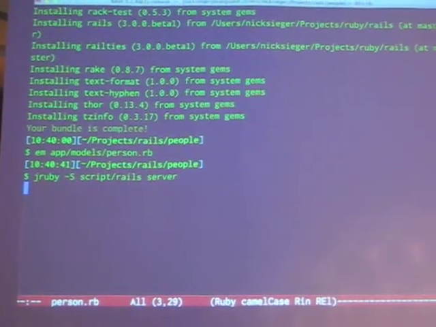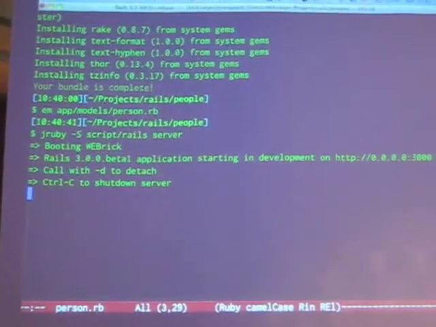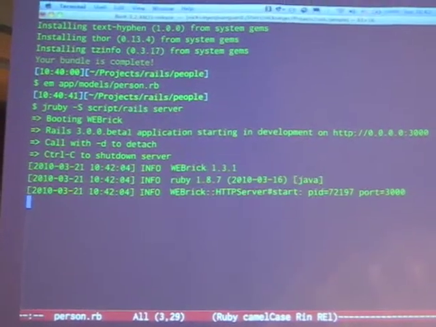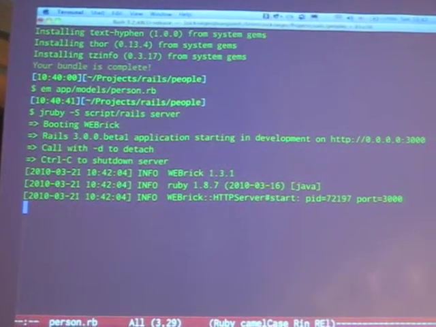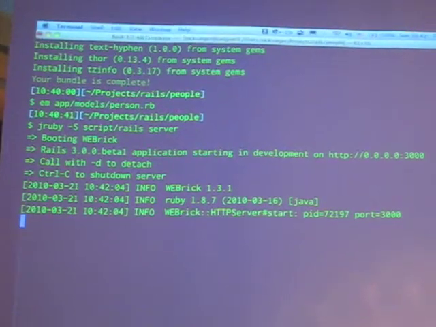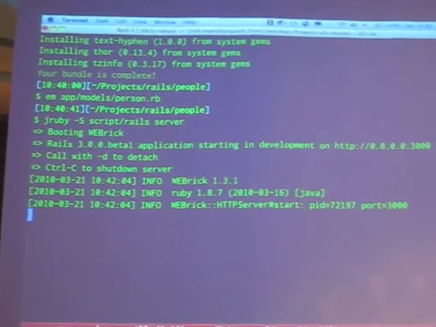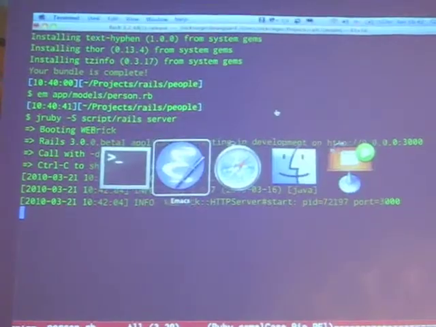So by default now, one aspect of Bundler is that if you start your Rails server, it uses WEBrick again. If you want to use Mongrel or one of the other servers for Ruby development, you actually have to put that in your gem file as well so that it's available when the application starts. So if we go to localhost 3000 people,